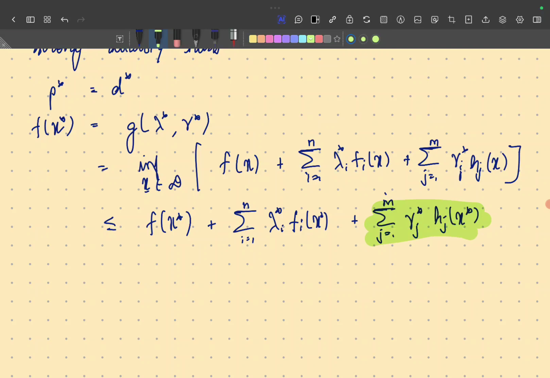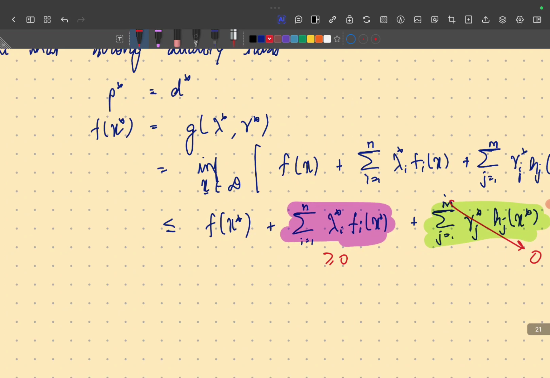It should be equal to 0 because x star satisfies all of the constraints. Right? So this quantity, this is 0. What can I say about this particular quantity? It is greater than or equal to 0. This quantity is greater than or equal to 0. Right? So we have f of x star less than or equal to f of x star plus something that is,